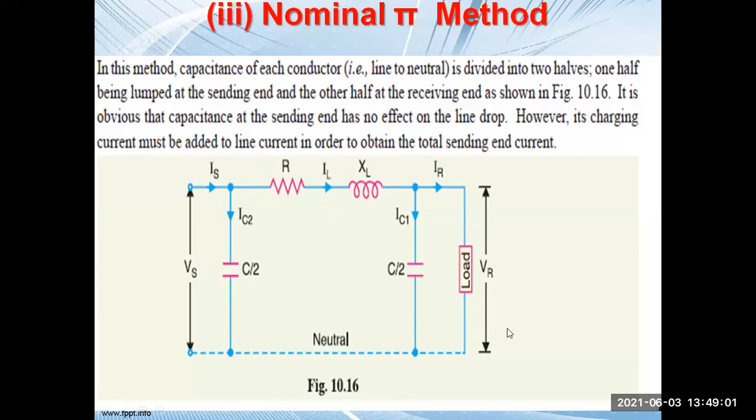You have to understand that physically this kind of configuration you will not get in the transmission line. If you check whether this nominal pi structure is there in the transmission line or not, do you think this type of configuration you will get? Sir, physically we will not get. Correct. So for what purpose are we doing it then? For analysis purpose, sir. Correct, for the analysis purpose.